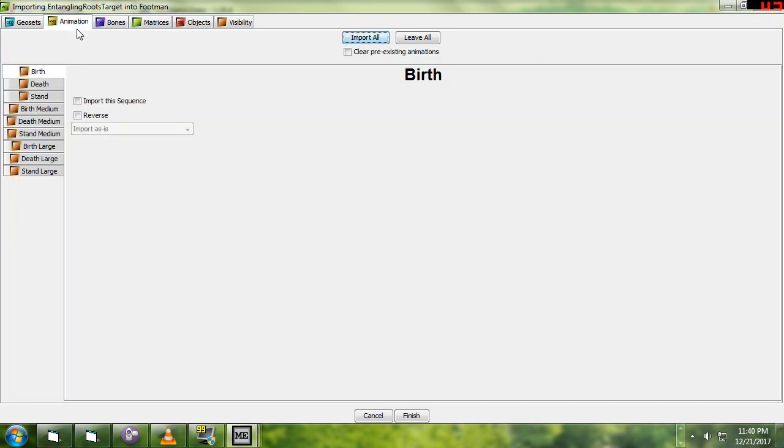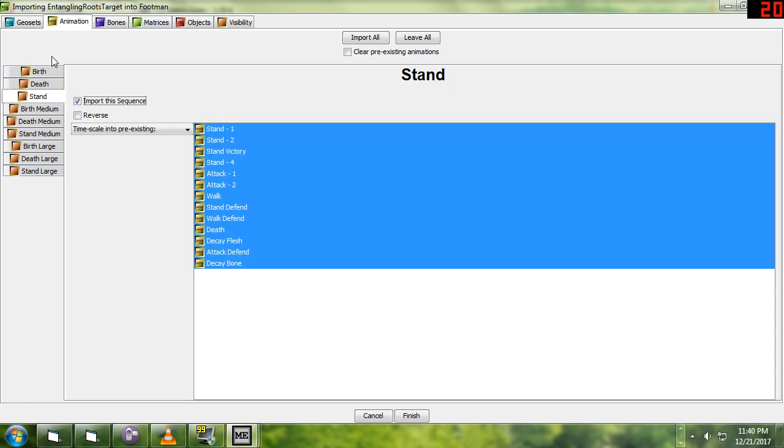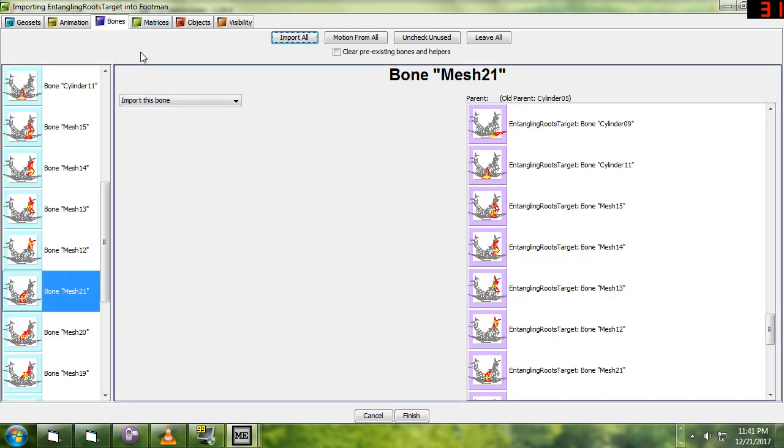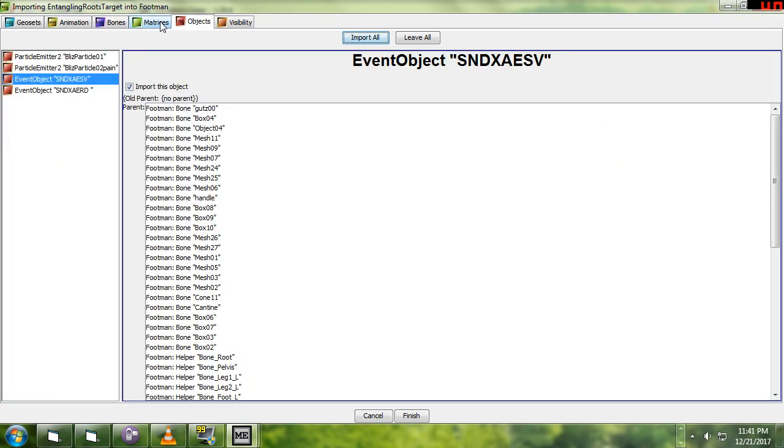So let's go ahead and import these sounds and import the birth animation of the entangling roots as something totally separate from the rest of the footman's animations, which introduces a sort of interesting conflict here because we're simultaneously overwriting footman animations and introducing new animations with the bones of our entangling roots. So, to resolve that conflict, we have a new question. If I've chosen to add to the footman an animation of entangling roots growing out of the ground, and to also blend in